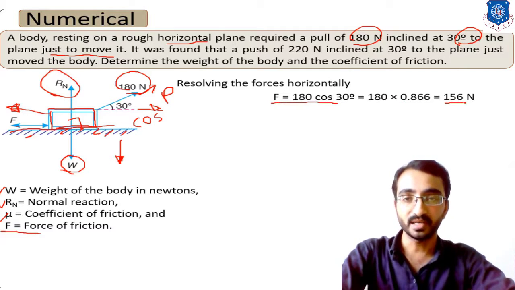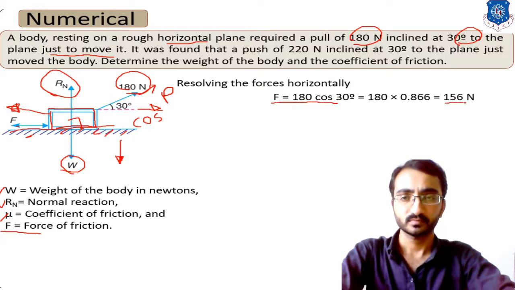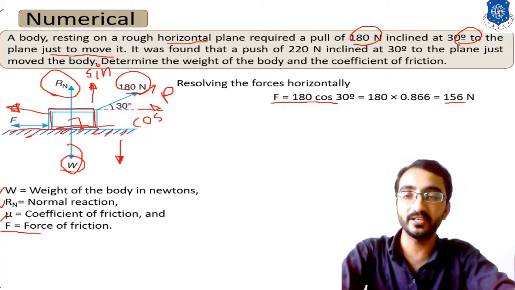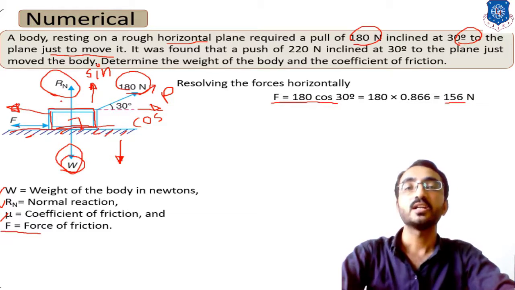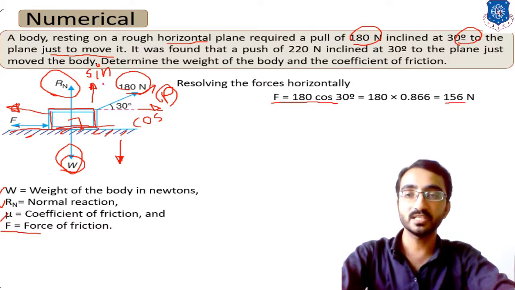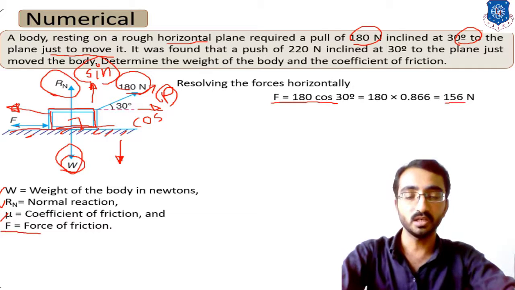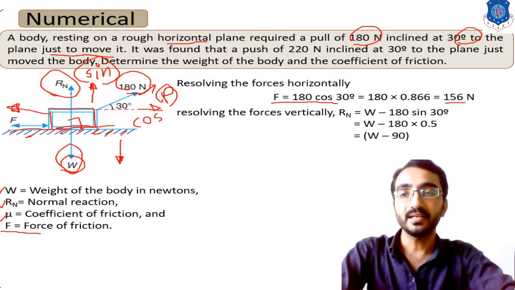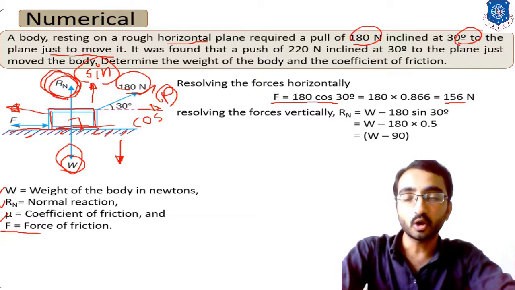Now similarly we can resolve in the vertical direction also. In the vertical direction the component will be in the upward direction over here, and that component will be sine alpha. So for vertical forces there are three components. First, the weight of the body, which is in the downward direction; the normal reaction, which is in the upward direction; and the sine component of this external force, which is also acting in the upward direction. Okay, so now for the vertical equilibrium, let's consider that it is a combination of three components.